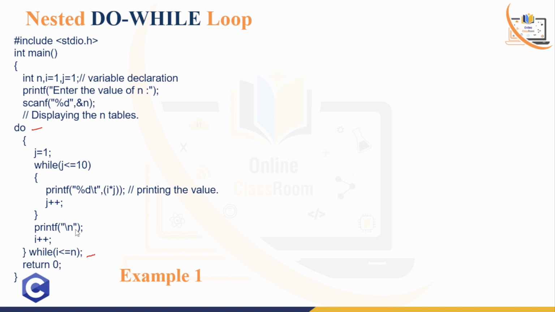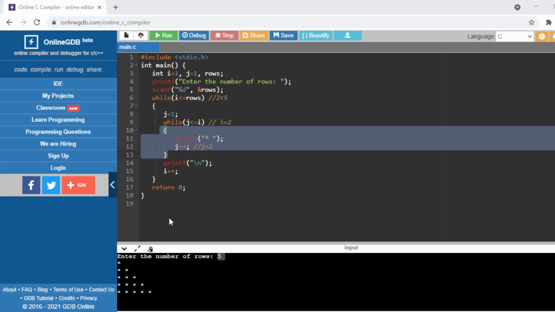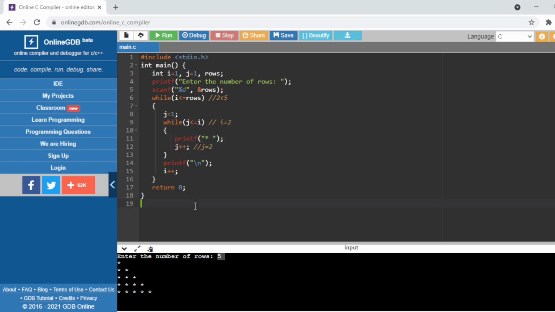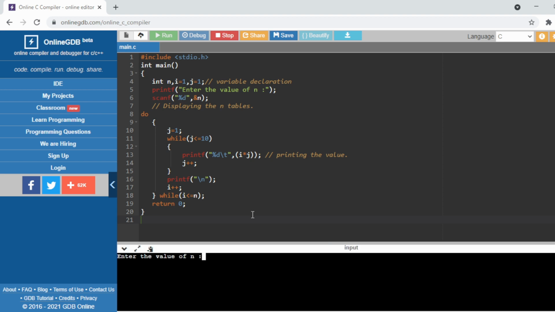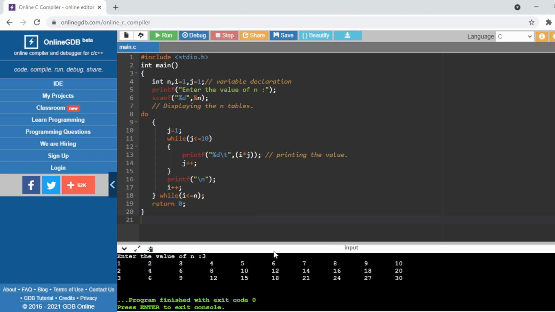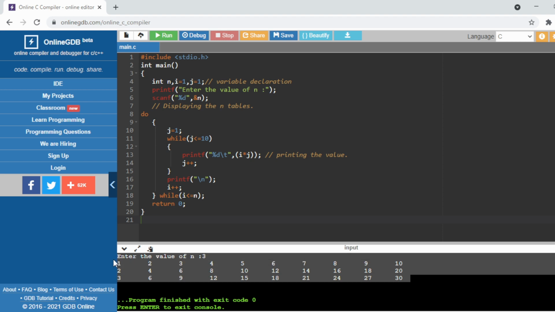Now if we compile this code and press the run button and give the value of n equals 3, again we will get the same output. So it means it is possible and the same way it will work, right?